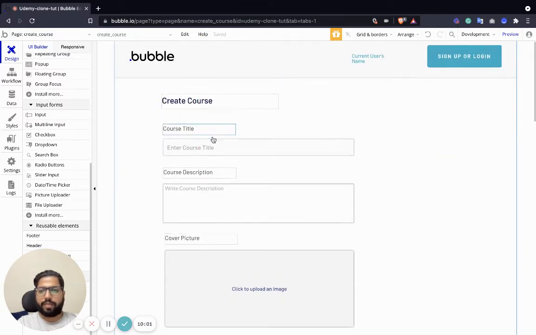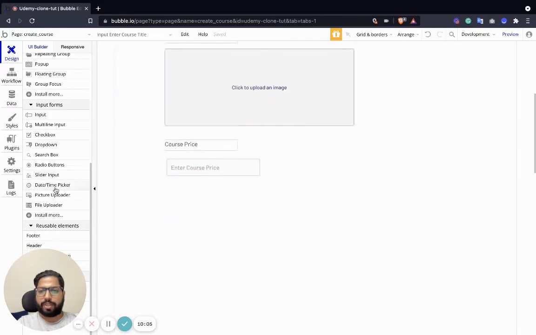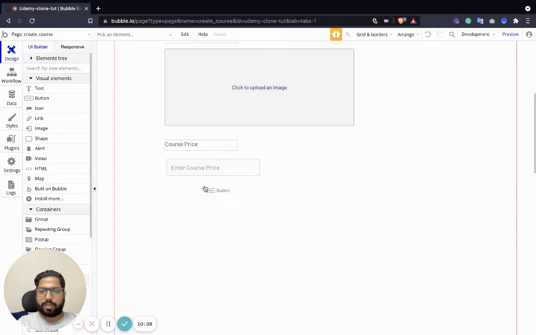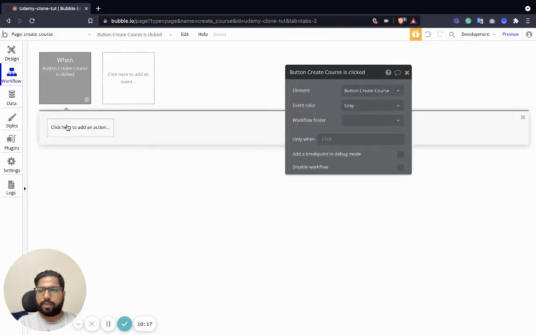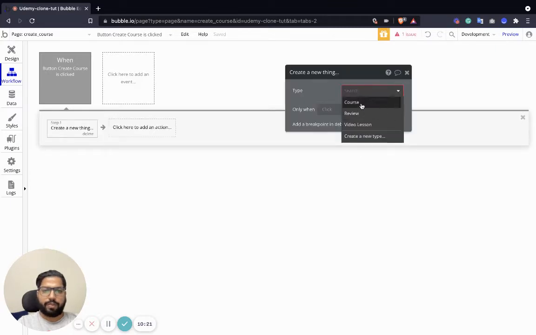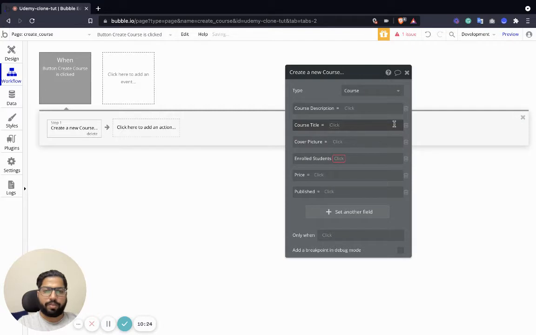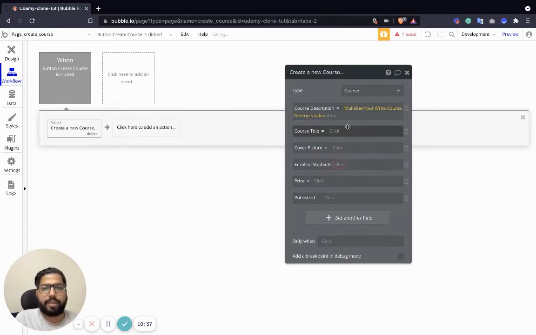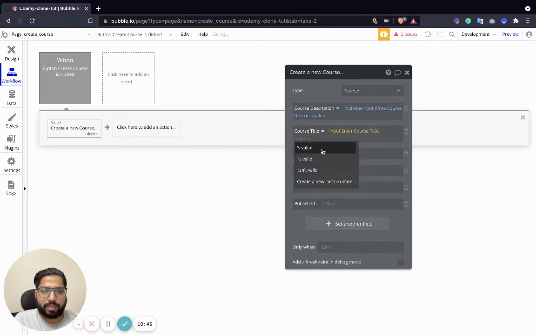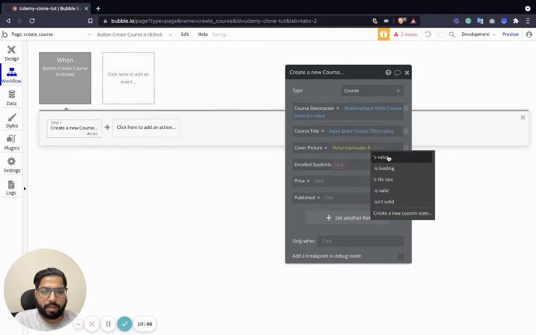Okay, so we'll have a course title, course description, cover picture, and we just need a button to save it, to create it as a course. So we're going to create a new thing. What we are creating is a course. Let's just add all the fields. We'll remove the ones which are not required. So we have course description as the multi-line write course description's value, course title as input course title's value, cover picture as